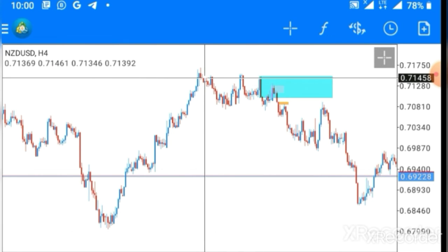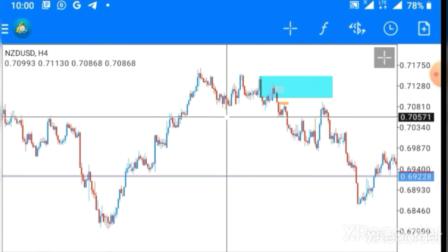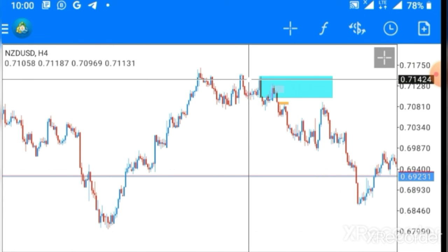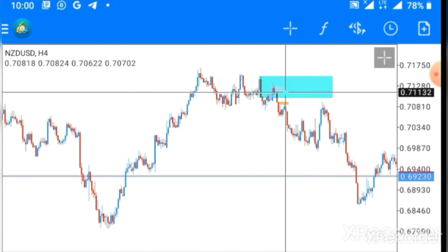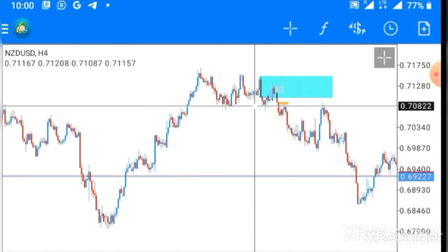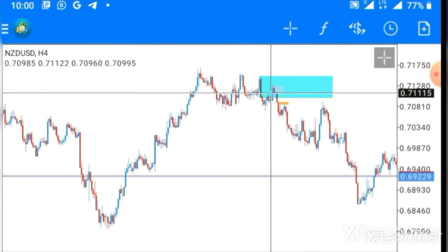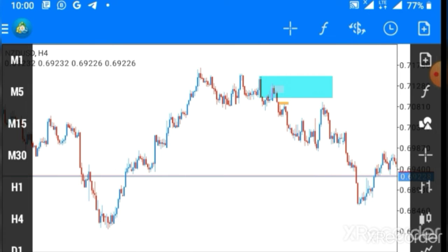Remember, I told you double break of structure. Look at this one. This is the first break of structure here. And here is the second break of structure. And your OB, like I have been saying, is the last opposite candle before the break of structure. So you mark it out. This light blue box is the 4-hour OB. Once price now returns to that OB, as it touches the OB, what are you supposed to do? You scale down to the lower time frame of your choice.